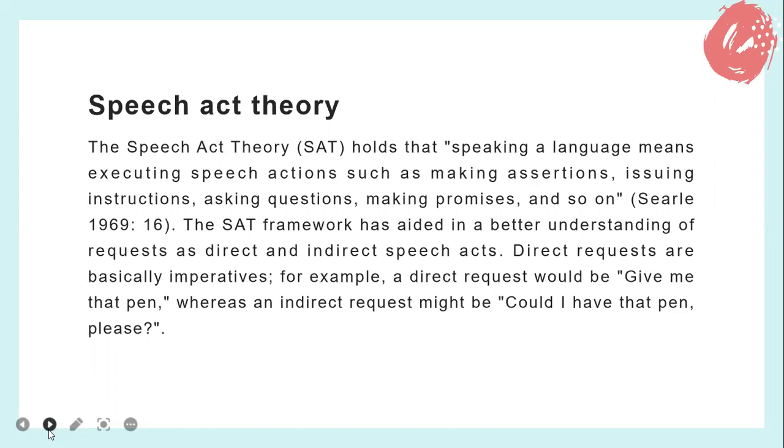One of the most significant research initiatives was the Cross-Cultural Speech Act Realization Project, or CCSARP, which investigates how native speakers of eight different languages make requests and apologize, as well as how non-native speakers of those languages make requests.